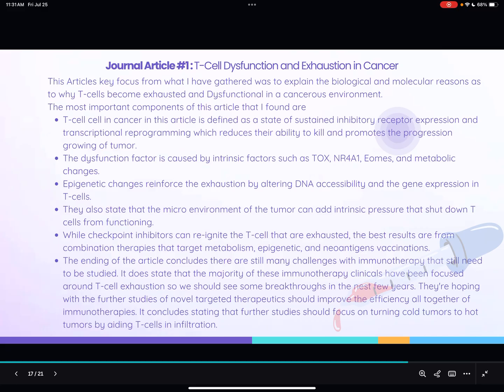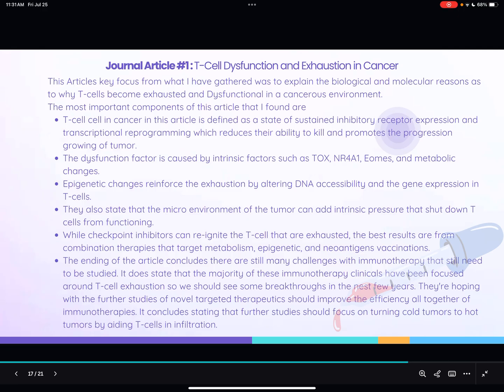They also state that the microenvironment of the tumor can add intrinsic pressure and shut down T cells from functioning. The checkpoint inhibitors can reignite the T cells that are exhausted. The best results are from combination therapies that target metabolism, epigenetic, and neoantigen vaccinations that we previously talked about. So the ending of the article is going to conclude that there's still many challenges with immunotherapy that need to